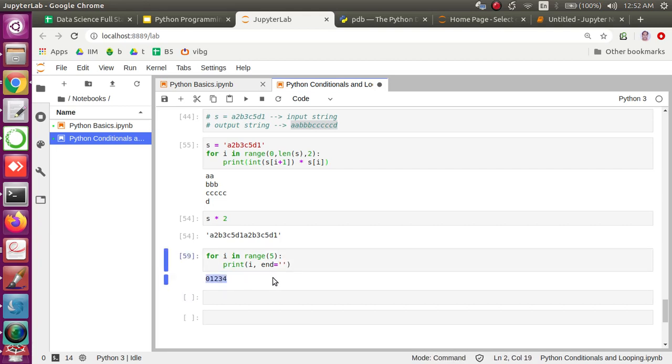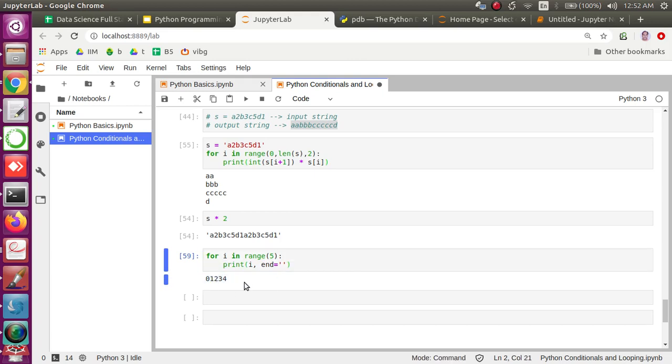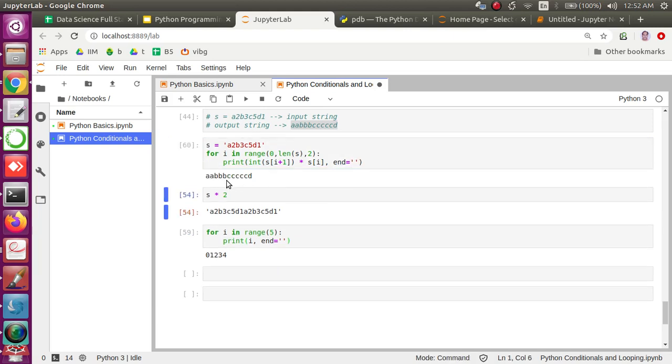So that is how we can put everything together. This example will help you understand the end, that is the second argument in the print function. So we can use that to print on the same line. Similarly, if I use this mechanism here to print on the same line, there is a possibility, right? And that's what we are actually trying to achieve.